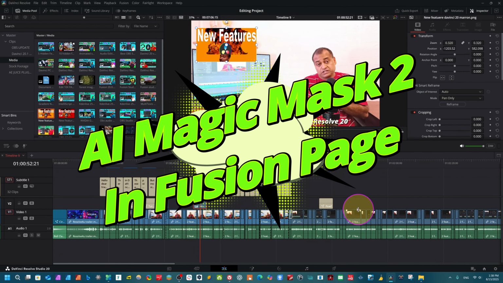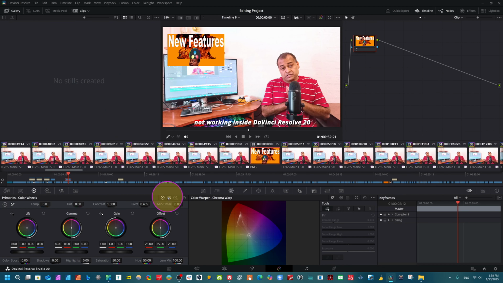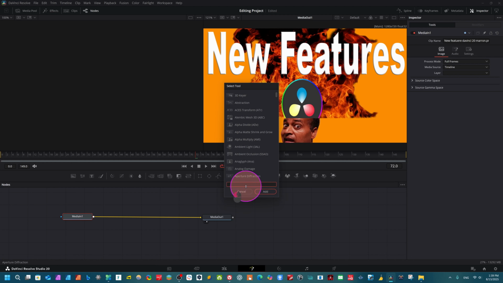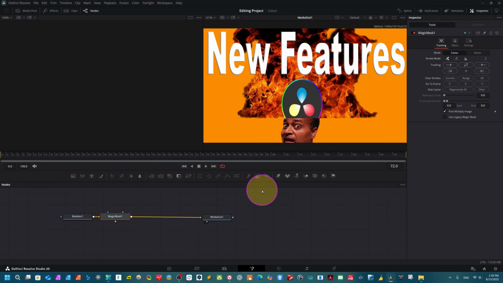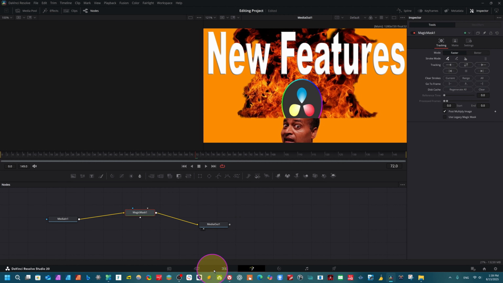The next feature is about magic masks. You know we have magic masks available in the color page. Already we have a magic mask here. You can find magic mask here in the color page. Just now we have this magic mask in the Fusion page. Now you can use this in the Fusion page here. Just click here. Now I want to use magic mask, Shift plus space bar and type here magic mask. So we have Magic Mask 2, AI features in the Fusion page. Just click add, and now we have the magic mask here. You can use this now in the Fusion page. It's very convenient. We have Magic Mask 2 in the color page and in the Fusion page. Now you can start if you know how to use it, and you can use it directly.